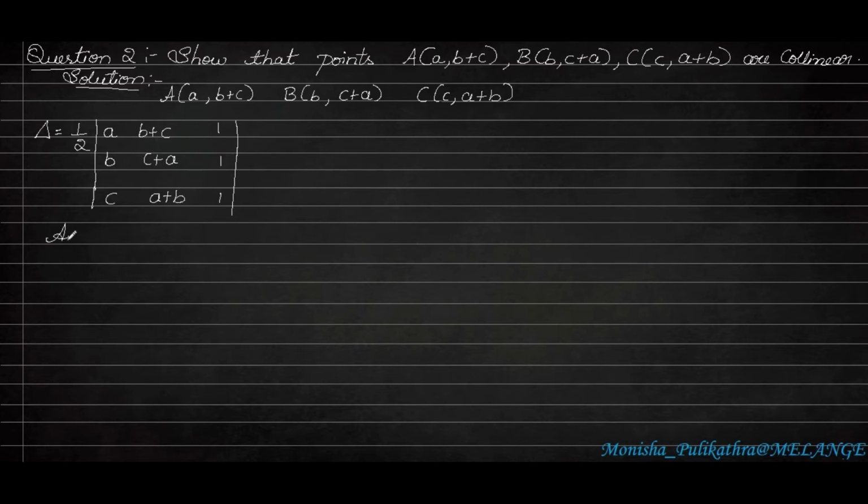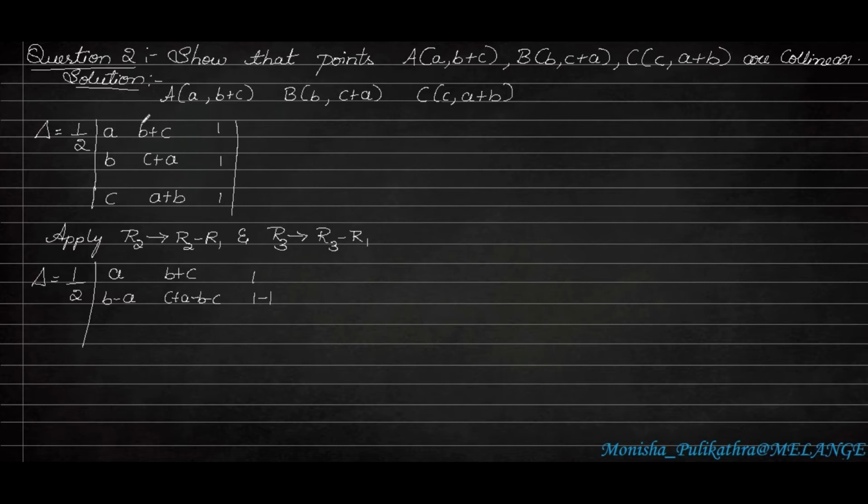So here I am going to apply some rules for this. That is, row 2 is equal to row 2 minus row 1 and row 3 equals row 3 minus row 1. So these are the changes I am going to fill in this determinant. So half into the first row I will be writing as it is, since I am not doing any changes in the first row. Only in row 2 and row 3 I am doing the changes. So here row 2 minus row 1, R2 minus R1. So it will become B minus A. Here C plus A minus B minus C. C plus A is row 2 minus B minus C. Next is 1 minus 1.